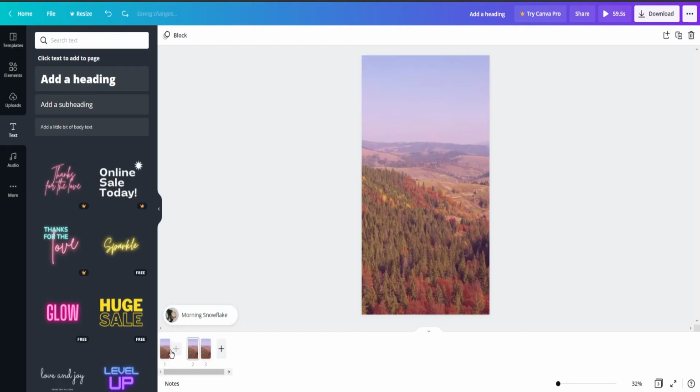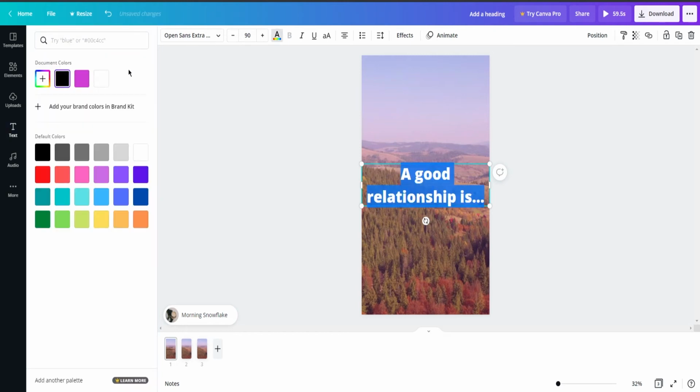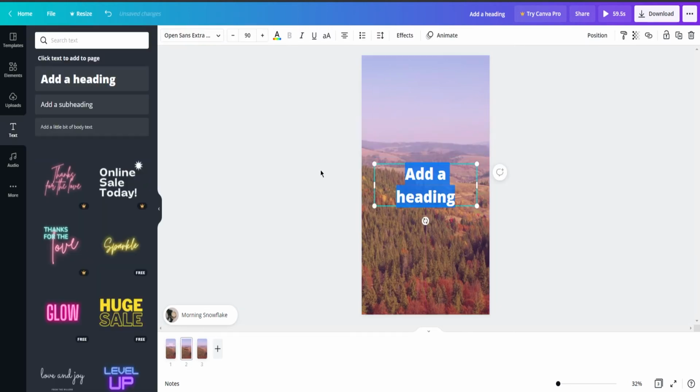What you want to do is come over here to the first one. Just go over here to text and then select this heading over here. Once you select that, all you need to do is double click onto it, delete that, and just type the first sentences. Then just make this white. Basically, what's going to happen is you're going to be able to see this in the first scene, and do that in the succeeding scenes.